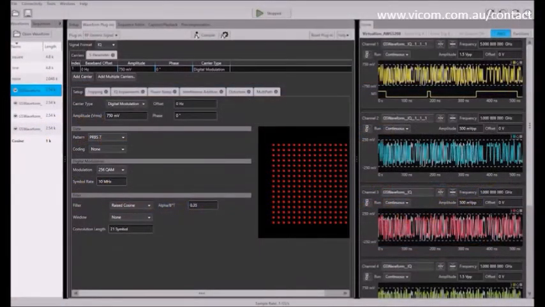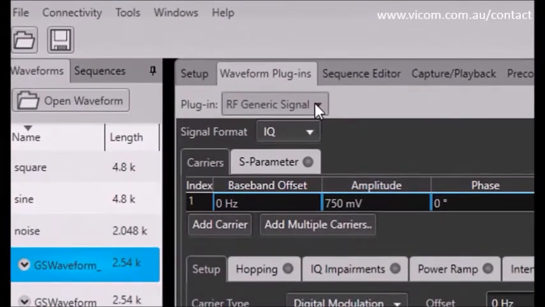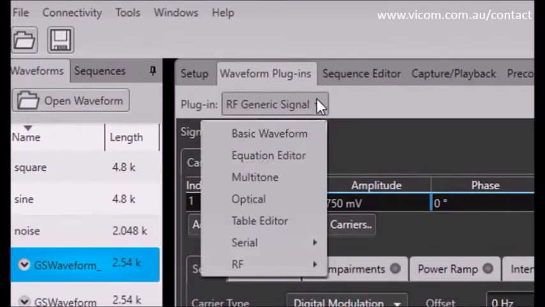Now, as I show you the user interface, you can see that it was designed for ease of use when building complex waveforms because of the application plugin architecture that lets you pick the waveform generation plugin that fits your application requirement. Current plugins available today are the RF generic plugin that we see here, basic waveform editor, equation editor that lets you build from simple equations, multitone giving you multitone and chirp capability, optical so that you can build